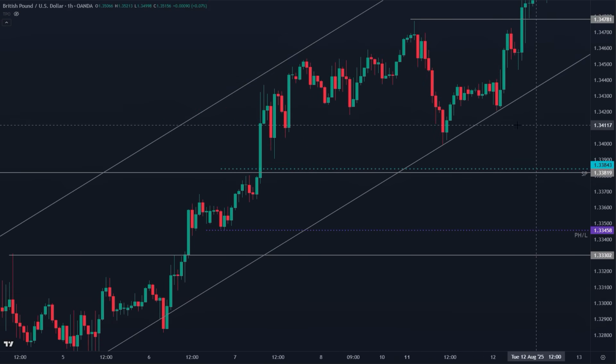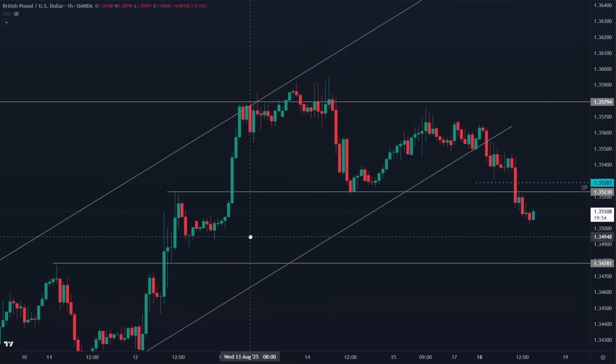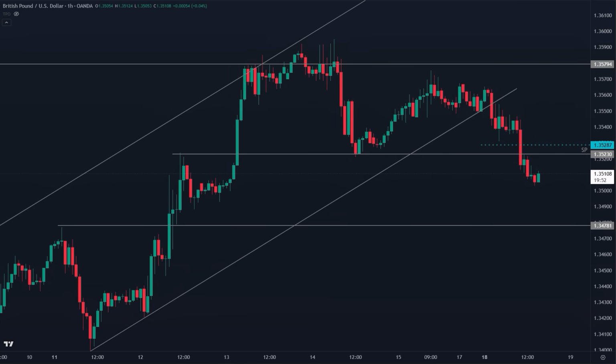Now, it doesn't mean that we will. There are no guarantees in trading, but you can see again, these are the lows back here I'm referring to. You can see the high right here off of that key level. The market broke out and never fully retested this level. So this is going to be a very interesting area around 133.80 if we do see the pound continue lower. But like I said, do expect buyers to defend this area down here around 134.70 to 134.80. All right, so this high back here, this high, and these lows. Like I said, resistance comes in up here around 135.23 up to about 135.30.